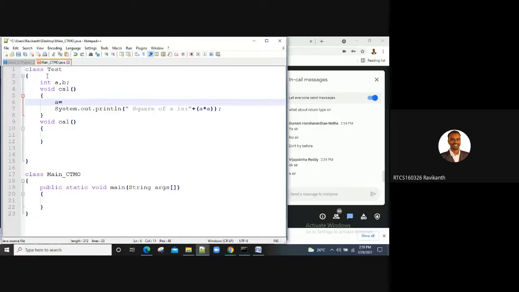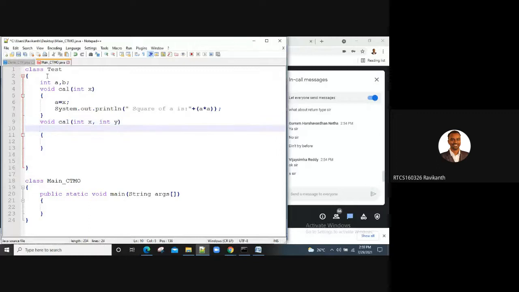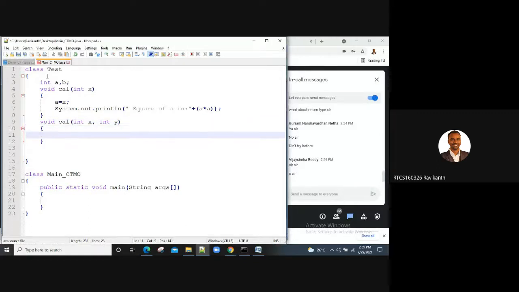Then I'll assign some other variable here, x. Similarly, I'll declare int x comma int y, and a equal to x, b equal to y.